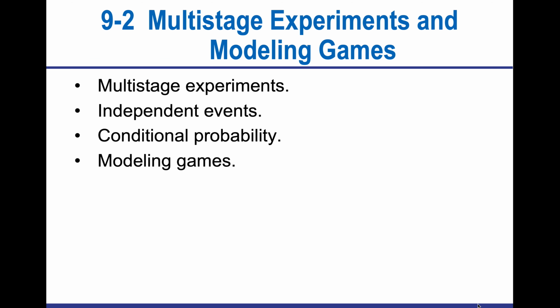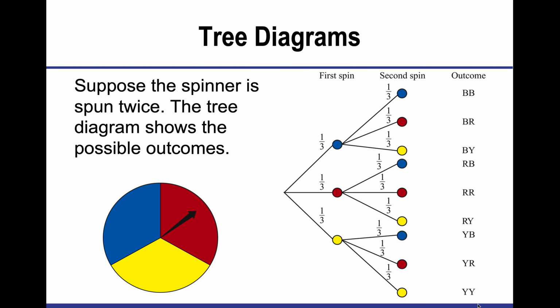So we're going to continue on in probability in chapter 9, but look at multi-stage experiments, independent events, conditional probability, and different modeling games. So a tree diagram is an often underutilized concept within probability because it can be quite tedious. So when you're doing a tree diagram, you're basically creating all possible outcomes for something that would occur,